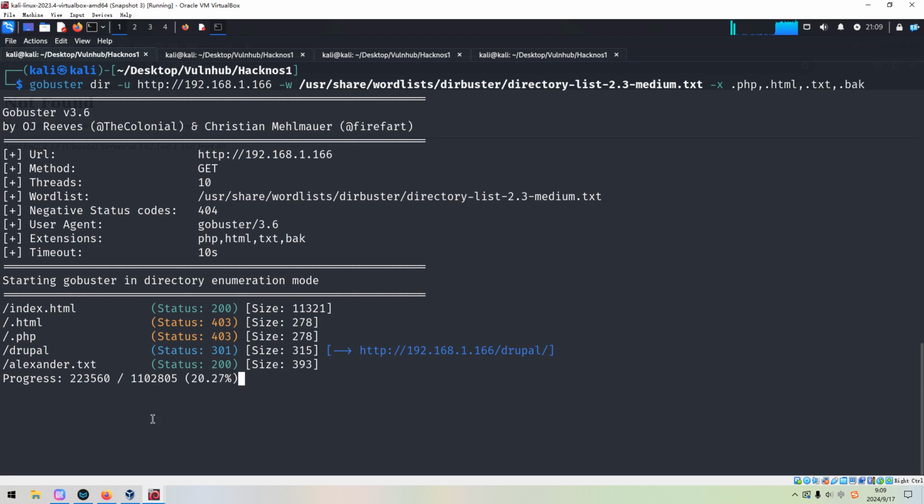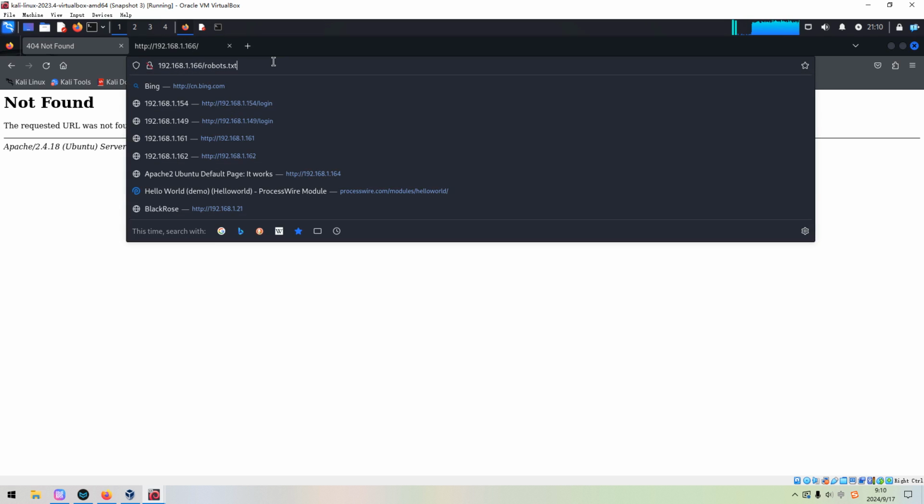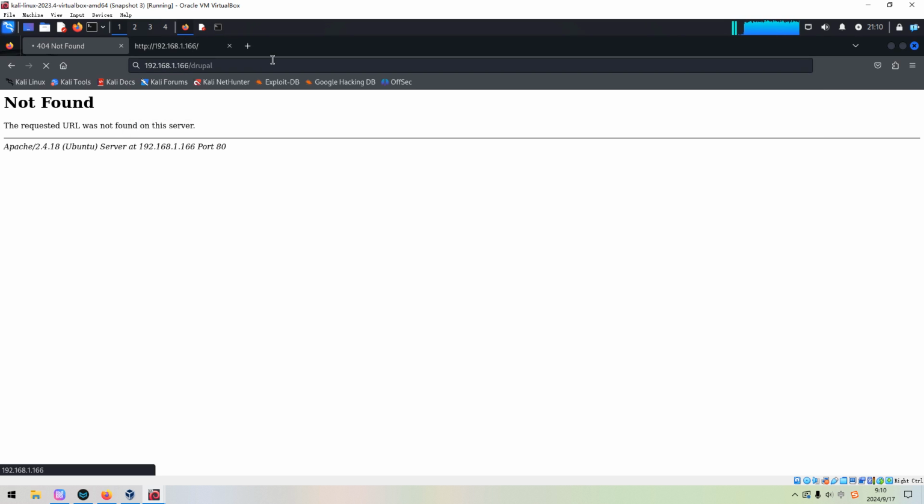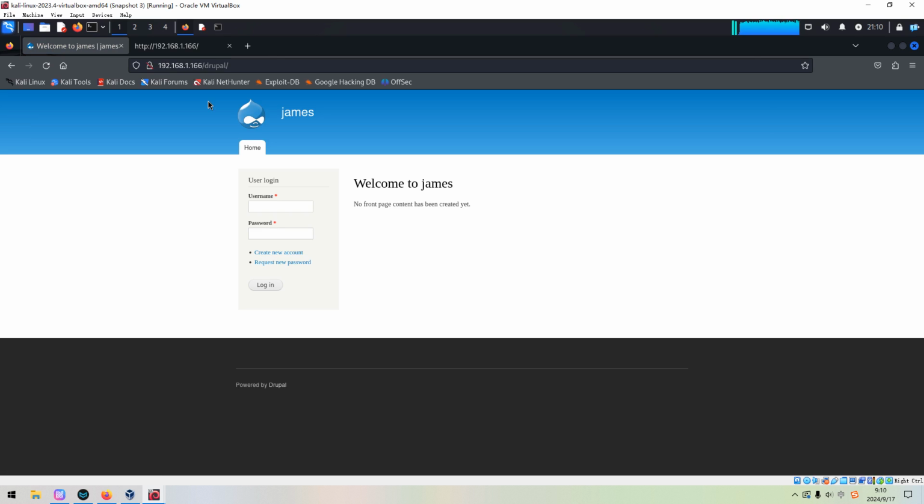I think immediately we got two discoveries in terms of directory and file. And so we can copy and access this directory. You know, Drupal is another very important CMS, which is similar to the WordPress, especially when we deal with the CTF-like machines.